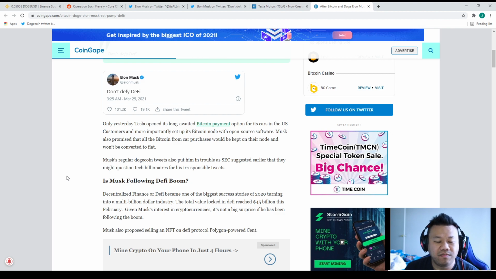Okay, I mentioned that before from his tweets yesterday. Musk also promised that all the Bitcoin from card purchases will be kept on their node and won't be converted to fiat. Okay. Musk's regular Dogecoin tweets also put him in trouble, as the SEC suggested earlier that they might question the tech billionaire for his irresponsible tweets. Well, first of all, the SEC can't really regulate him because